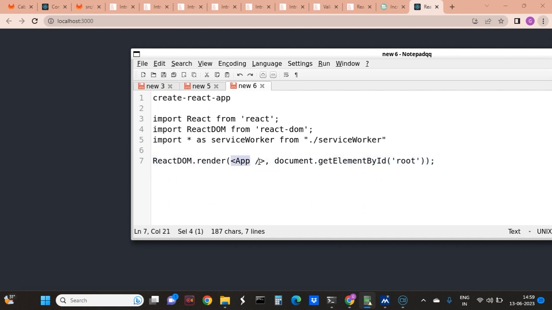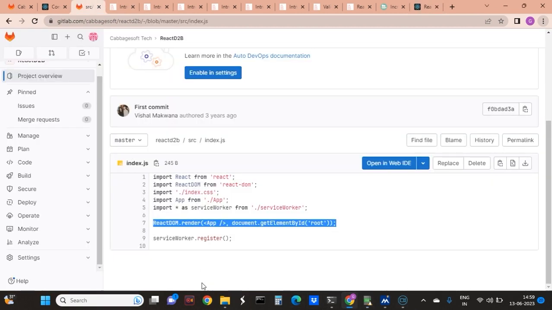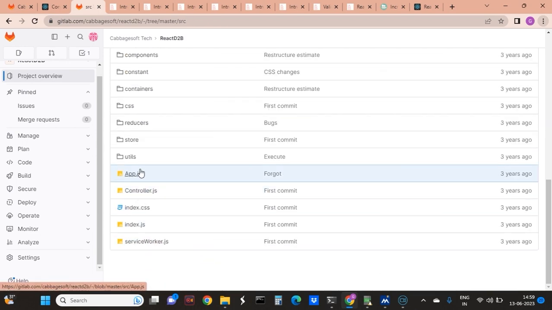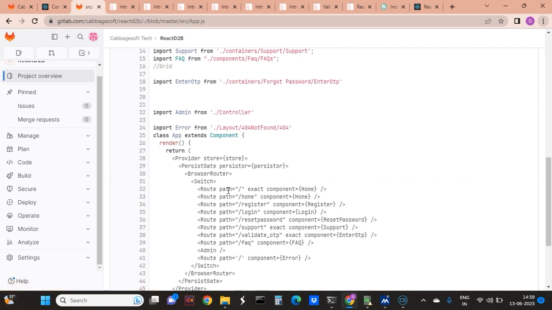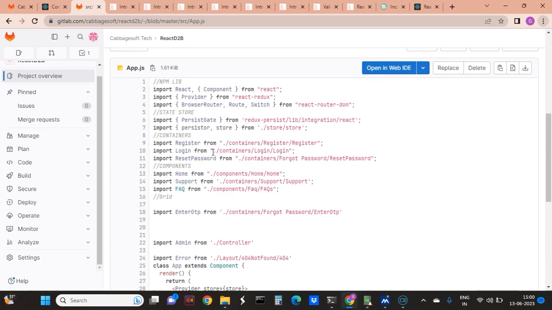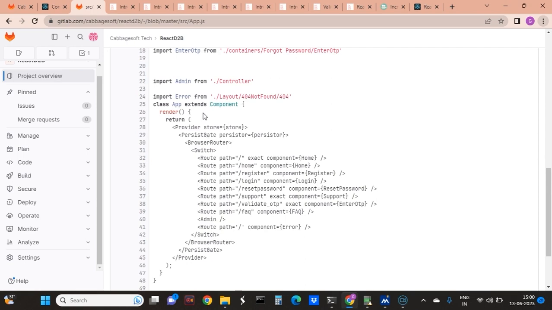In JSX you can have HTML elements as expressions or components as expressions. So it is the declaration of components, variables, and expressions, and where to put it is in document.getElementById('root'). So where is this file? This file is in app.js. So in this app.js, I have